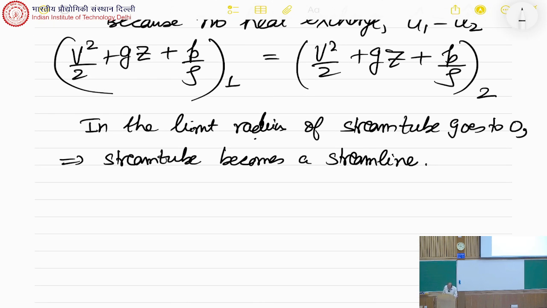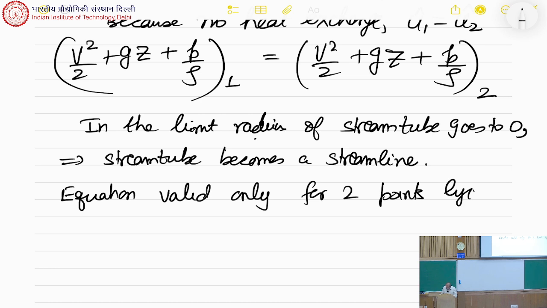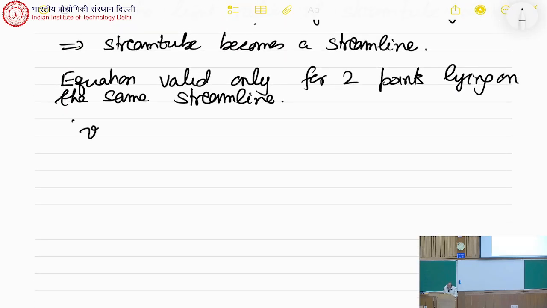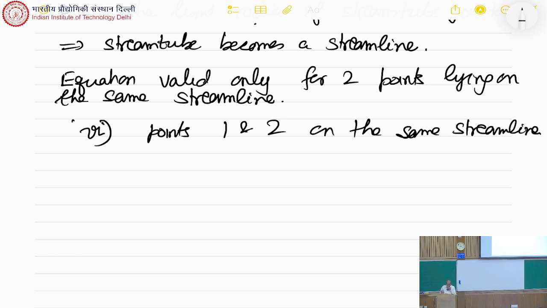And so the equation is valid only for 2 points lying on the same streamline. So we have said the fifth assumption; the sixth assumption becomes points 1 and 2 have to be on the same streamline. And this equation is what we call the Bernoulli equation. There are actually three Bernoullis, grandfather, father and son, who talked about this. I think one of them is